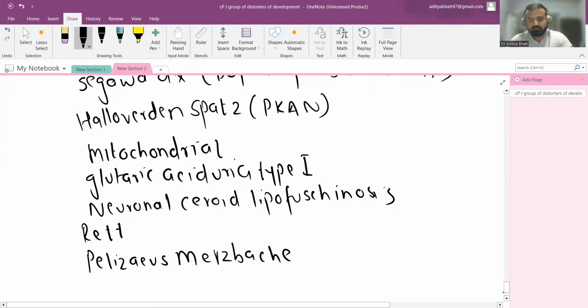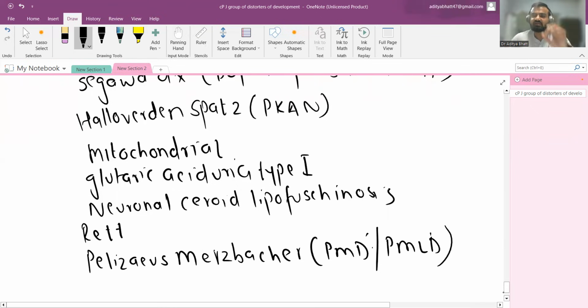So in PMD, and there is also another disease known as PMLD, Pelizaeus-Merzbacher-like disease. These have a typical history of hypomyelination, dysmyelination in the MRI brain. Okay, that is very important. And even Lesch-Nyhan